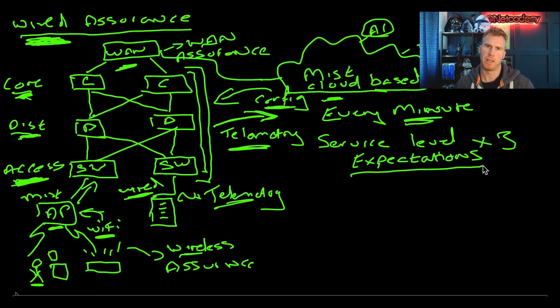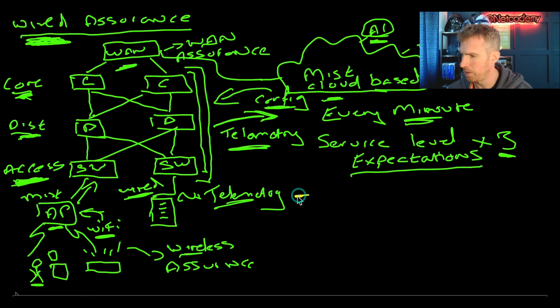If you're that operator, that administrator responsible for your switching network, you can define your expectation for clients that have connectivity over your switching estate. What's your expectation in terms of their experience? And then the artificial intelligence, using all of that data, is baselining what's normal on your network and thus able to determine what's an anomaly, what's wrong, where it's deviated, and give insights into what actually caused that in the first place. But what are these 3 different types of service level expectations?